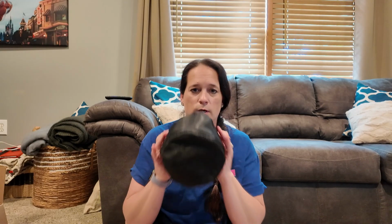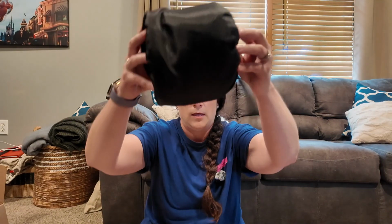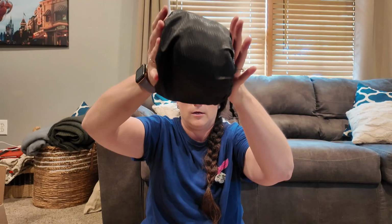So this one really worked for me. I went through a few and they just didn't seem to do much, but this one hopefully will do the trick. So neck pillow, and then you just kind of roll it back up, squish it, roll it back up, and it goes back into the little pouch, which is kind of nice. Okay, so